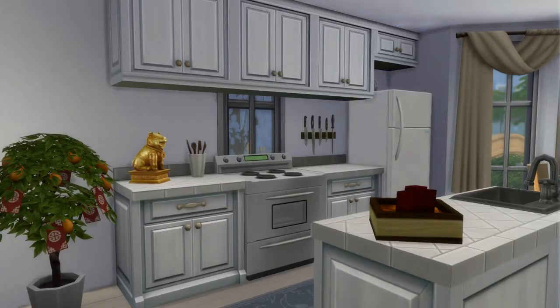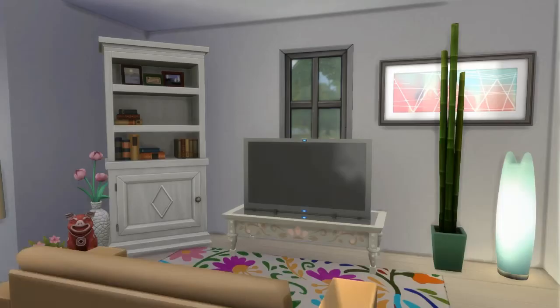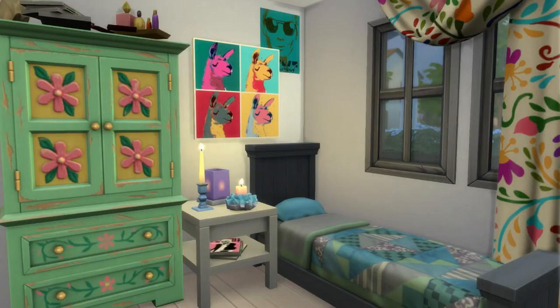And there's the kitchen, really, really nice kitchen. And then we're going to have a picture of the dining room. Such a beautiful little dining room, especially with the little view there of the garden outside. Then we have our colorful living room with a lot of colorful influence,